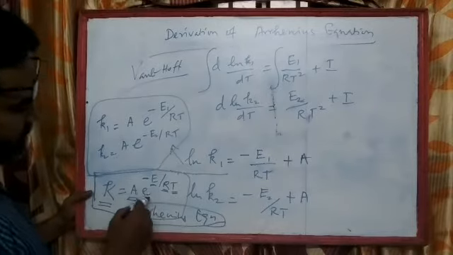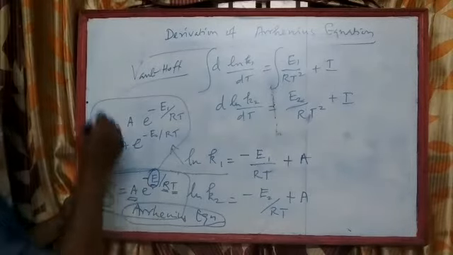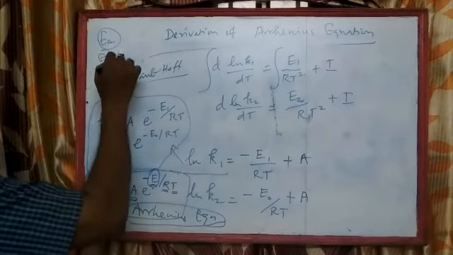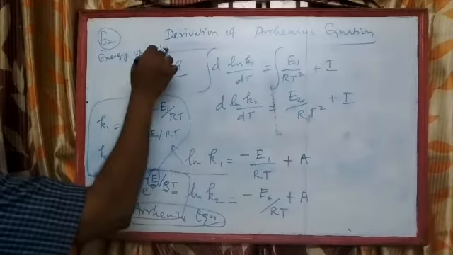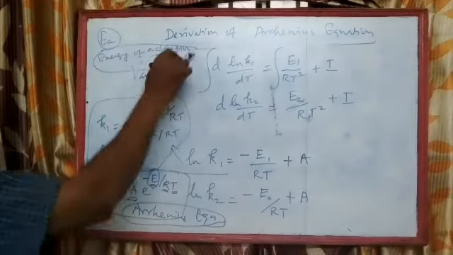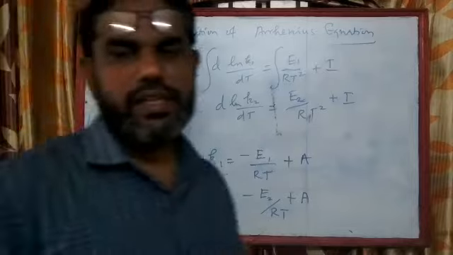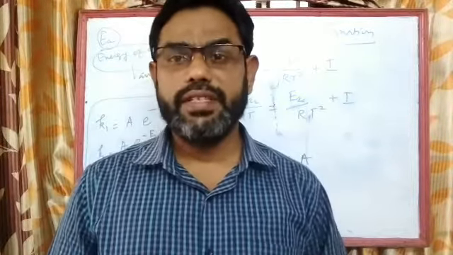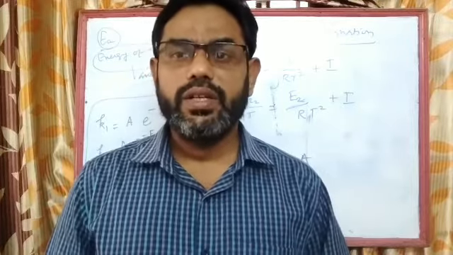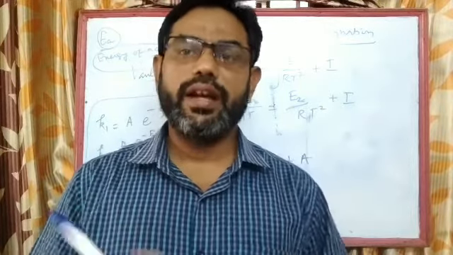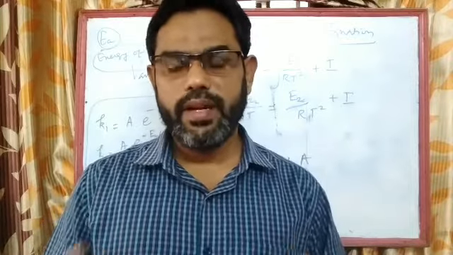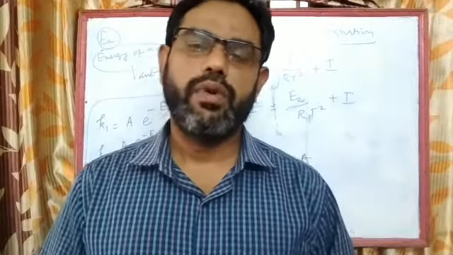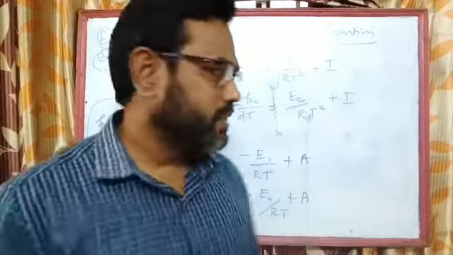Okay. So this E is a very important factor called energy of activation. What is energy of activation, EA? Energy of activation is the minimum energy required to transform reactants into product. The minimum energy possessed by the reactant molecules to convert reactants into a product. So this minimum energy is very essential.